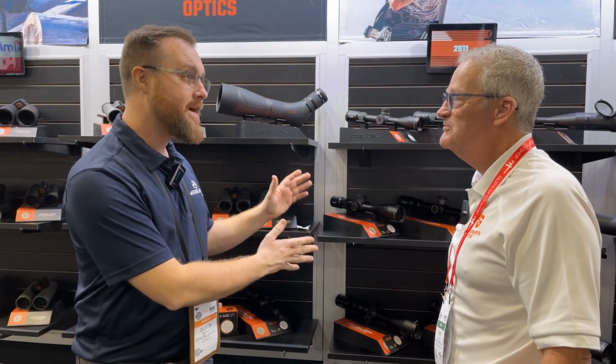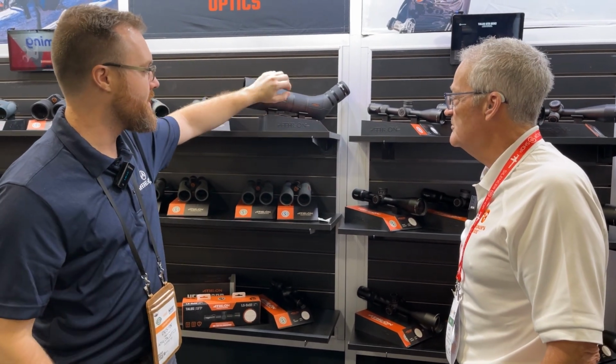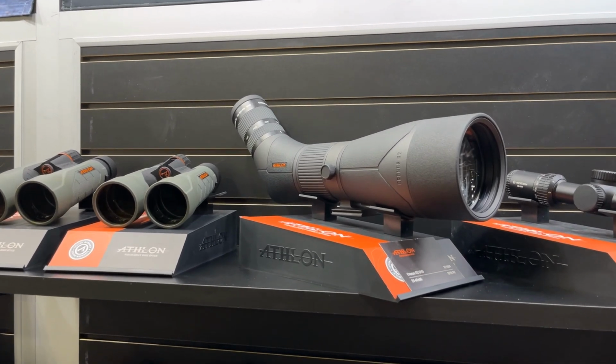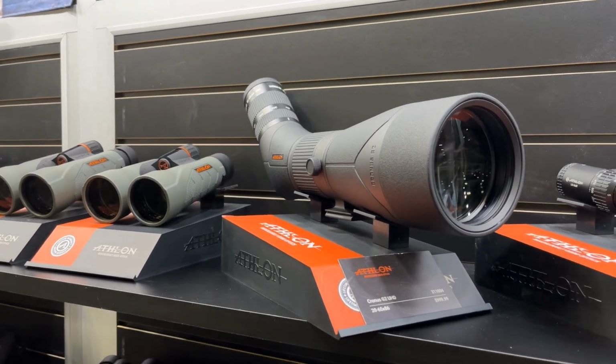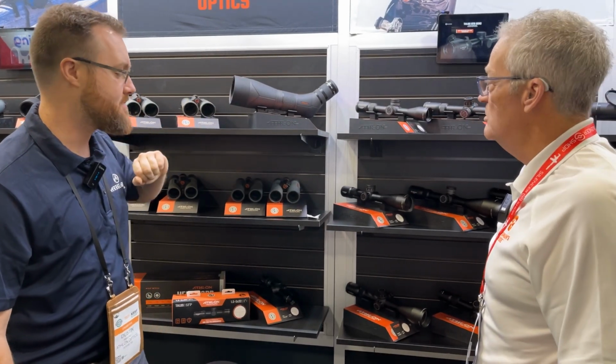Let's walk through this. Well, you're right. We did bring out the Harris SPR line, but I'll give you a brief mention. We also brought out a new high-end spotting scope, dual ED glass, a very fine focus. It's a 20 to 60 by 86 millimeter objective lens. Oh, 86, it's nice. Part of our Cronus line, so it's one of our top tier optics,